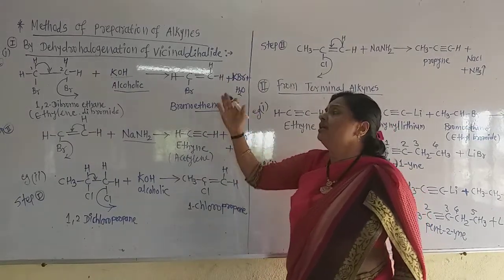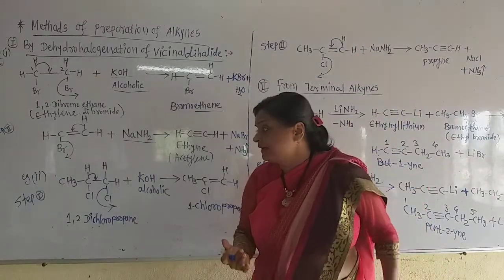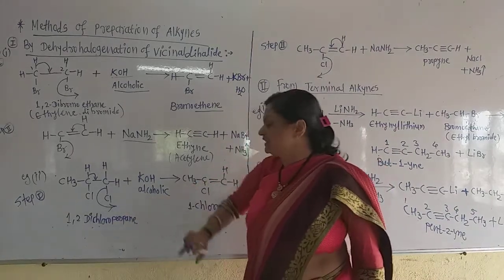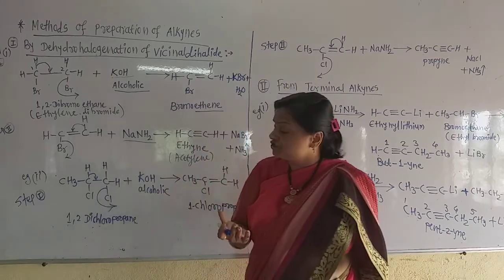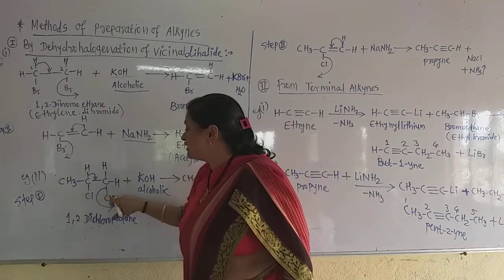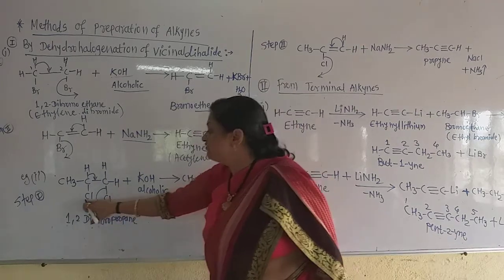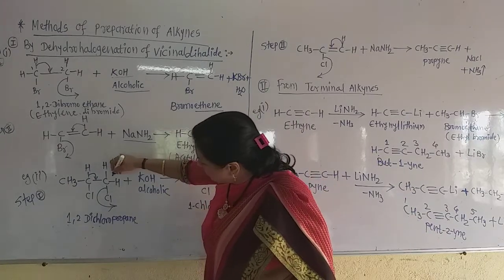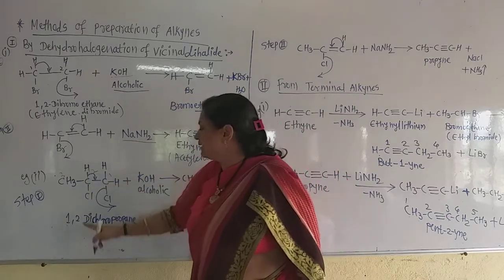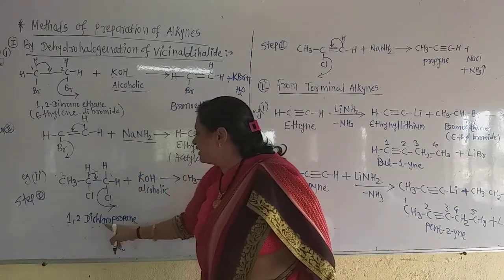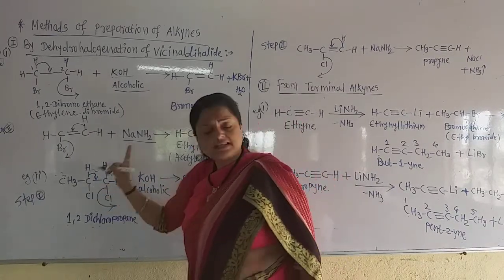Similarly we can prepare any alkyne. Suppose we have to prepare propyne, then take this starting compound. This is also a vicinal dihalide. Here 3 carbon atoms are there, so it is propane, and 2 hydrogens of 2 carbon atoms are replaced by chlorine. So numbering is from this side now, 1, 2 and 3. On the first and second carbon there is chlorine. So 1,2-dichloro, and there are 3 carbon atoms, so propane. This is an alkane because all bonds are single.